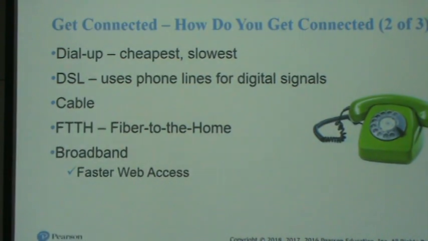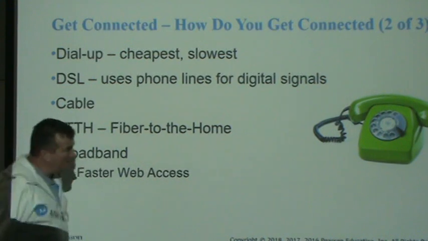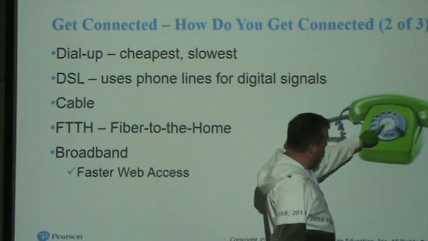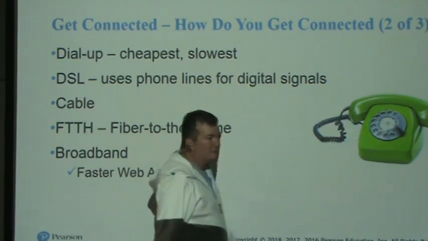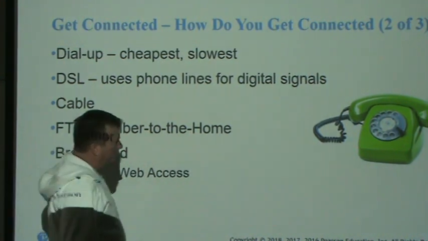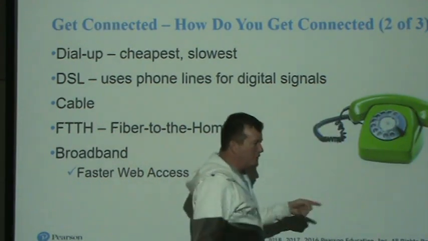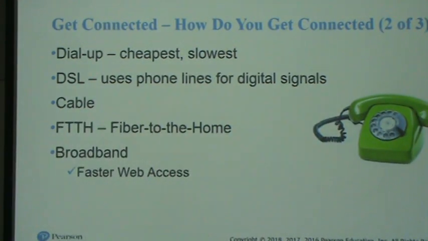Okay, so dial-up, I'm not even sure dial-up even exists anymore, but that's where you could go through your telephone. And remember, here's the telephone with the round wheel, which a lot of you probably don't know what that is. You can connect through the internet. You can unplug your telephone and plug the wire into your computer and connect through dial-up. That seems to be gone now. DSL uses phone lines for digital signals. So that's using the existing phone lines but sending the data faster than going through the dial-up service.